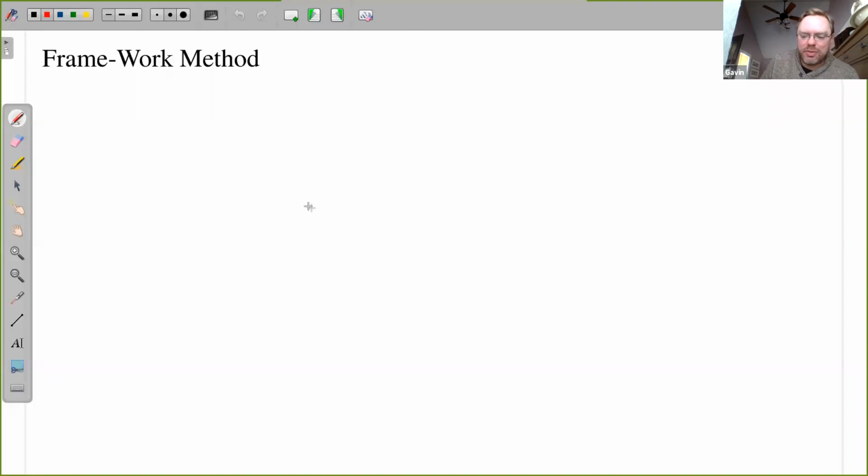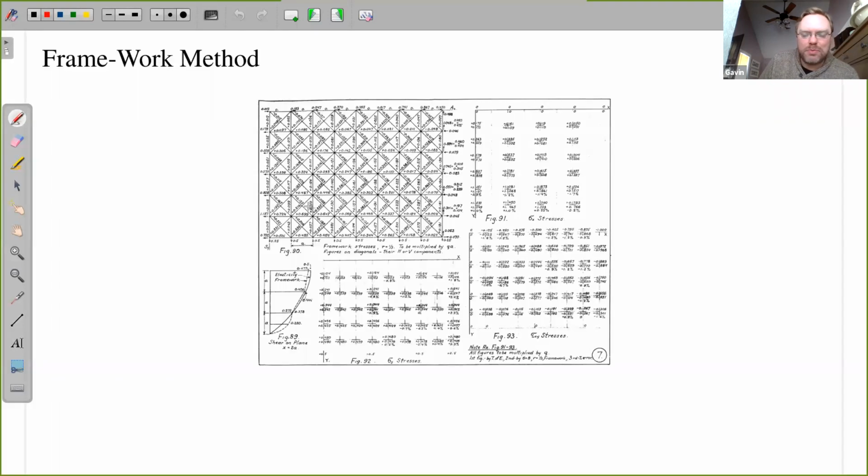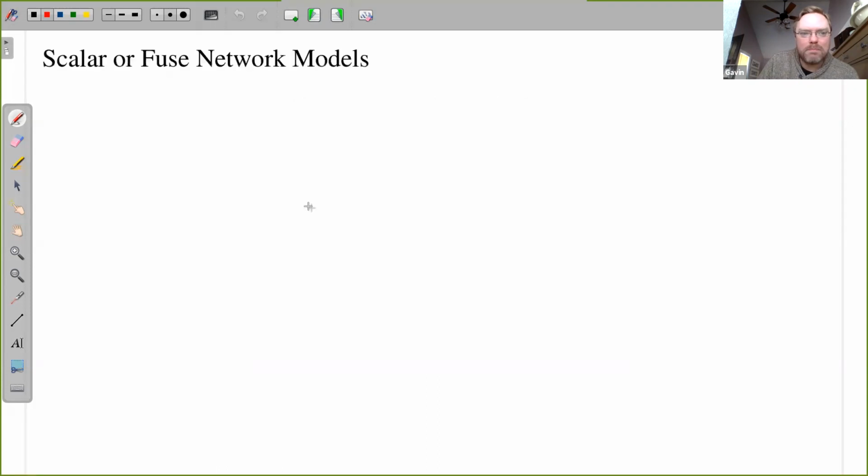The history of this really dates back to the 1940s, and so some of the earlier work on what the framework method was, which, believe it or not, people used to solve lattice models by hand. So I'm very grateful that we have computers nowadays to do this for us. But the hierarchy, if you like, in terms of complexity of these models,